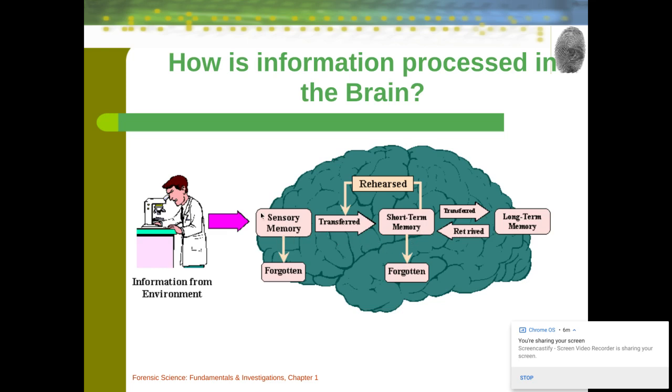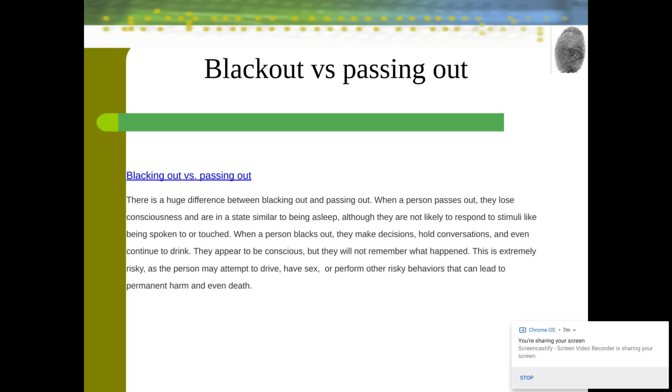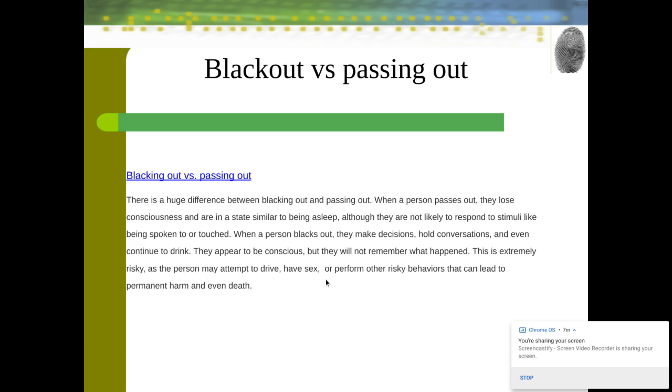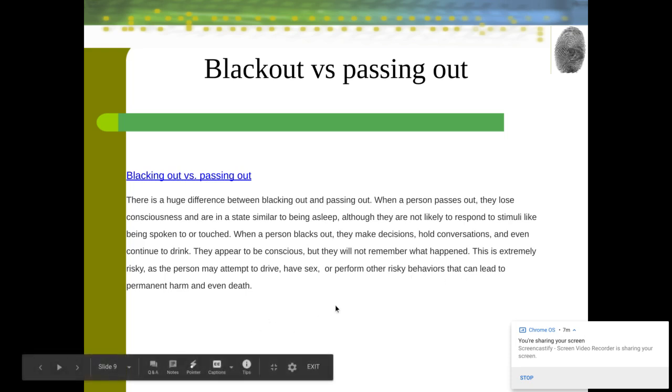So this becomes a problem in forensics, because when you're in that situation, you're not conscious of what you're doing, and you're not thinking about the repercussions of your actions. You might tend to do things that are risky, like drive or have sex. You might perform all kinds of risky behaviors that might lead to permanent harm or even death. So people might do things like